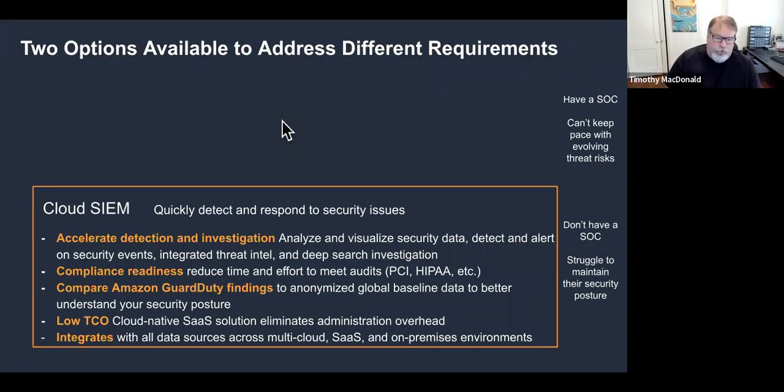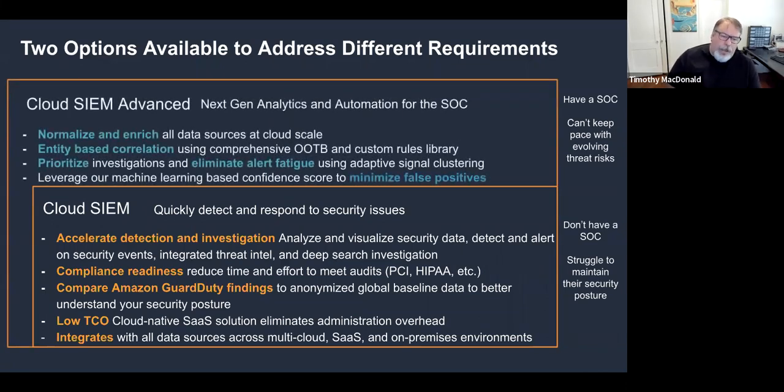So John, if you could move forward. So we also have the Cloud SIEM Advanced, and the Cloud SIEM Advanced, as you'll notice, that's denoted in this slide, is built on top of the Cloud SIEM. So you still get all of the features and capabilities of the Cloud SIEM. You still get compliance readiness. You still get that global baseline. You still get the full integration across everything.